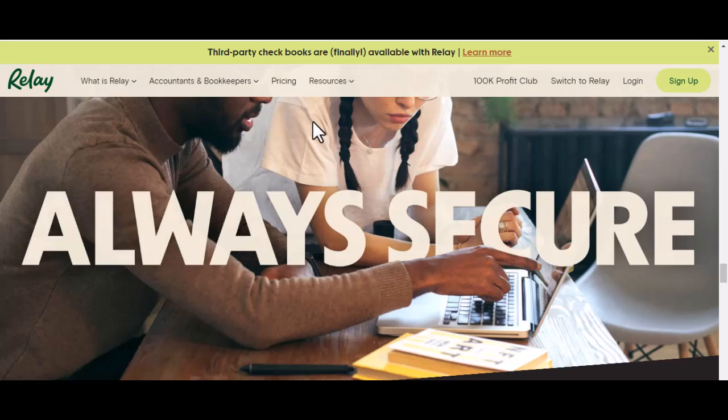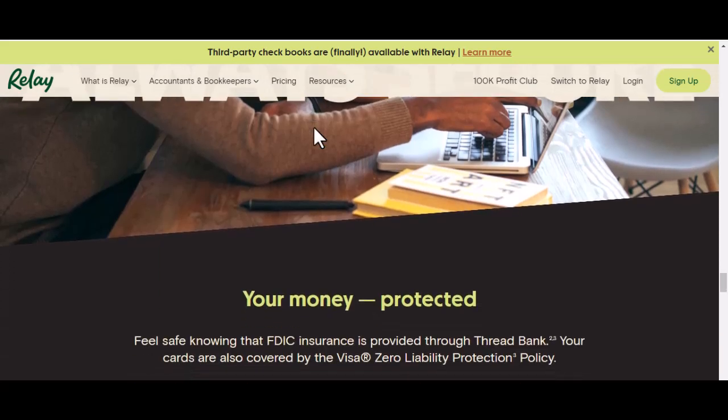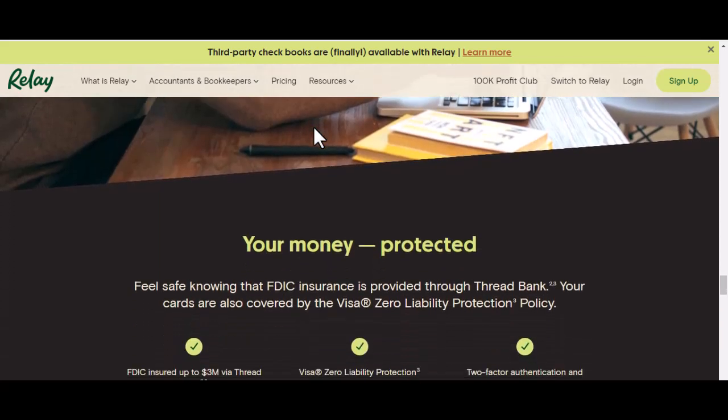So, if you're tired of manual tasks and want a smarter way to work, Relay might be the solution you've been looking for. It's not just another automation tool. It's a platform that understands the value of both AI-driven efficiency and